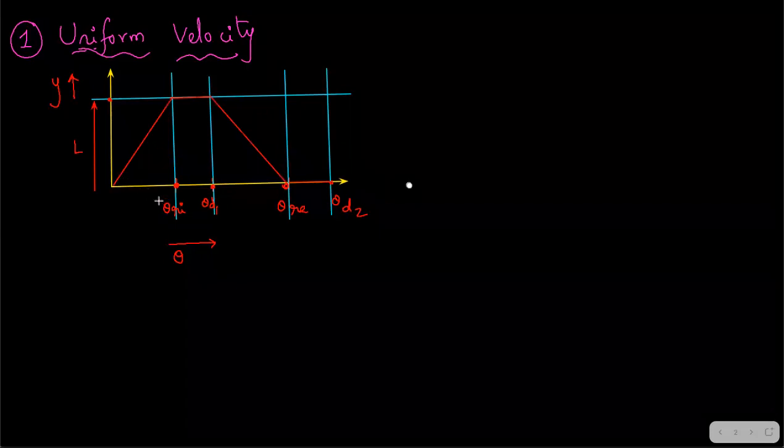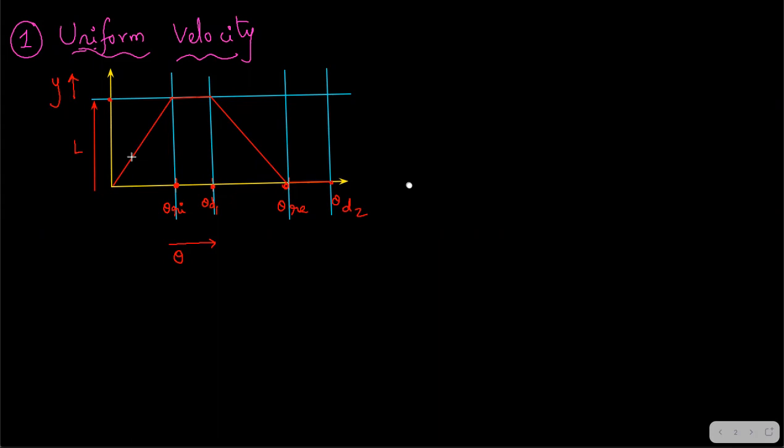We call it displacement diagram. Okay, so the displacement is very uniform. As the cam rotates by an equal amount, the follower also will be raised by equal units. So the y and theta values will be the same, like 2 comma 2, 3 comma 3, 4 comma 4, 5 comma 5, 6 comma 6, 7 comma 7. But this is in terms of theta, and the lift is in terms of y. So only that is the difference.